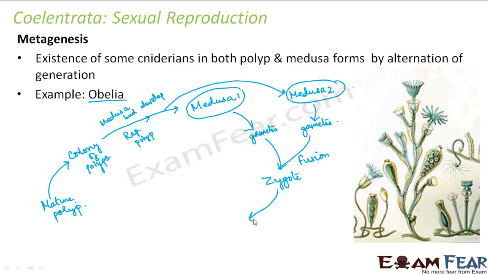Now this zygote will grow and it will form a ciliated larva. So there is a larval stage involved. Once the zygote is formed, that means the reproduction part is done. But then starts the development part of the zygote. That zygote needs to develop as an embryo. That embryo will turn into a baby. So that process will start.